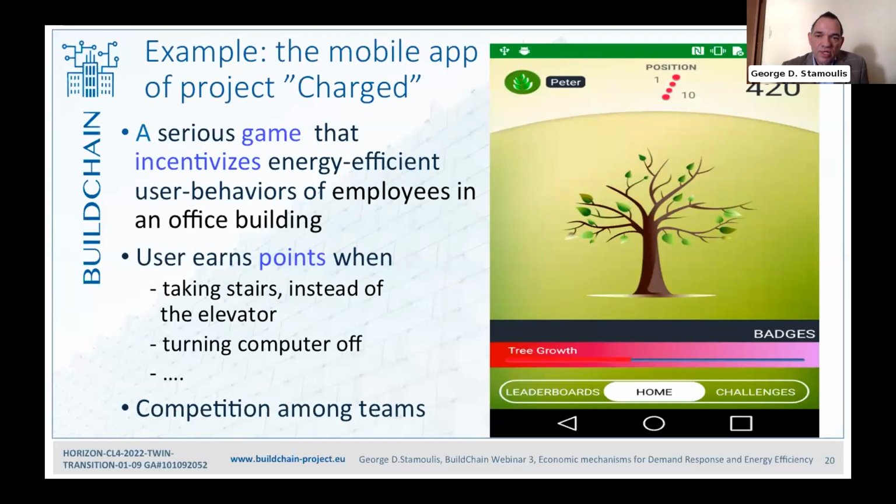which was also awarded an award for these applications. And we see a serious game that incentivizes energy efficient user behaviors of employees in an office building. So its users earn points when, for example, taking the stairs instead of the elevator at work, or when turning the computer off when leaving the office. And this is depicted in this tree, which grows with additional economically, environmentally and energy efficient